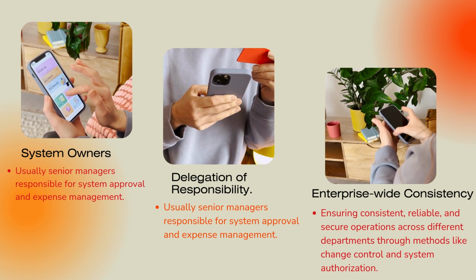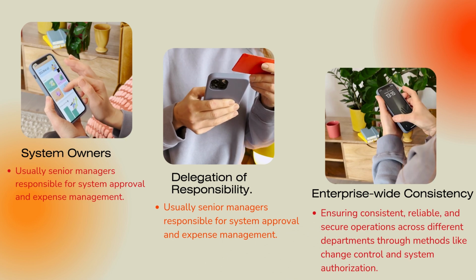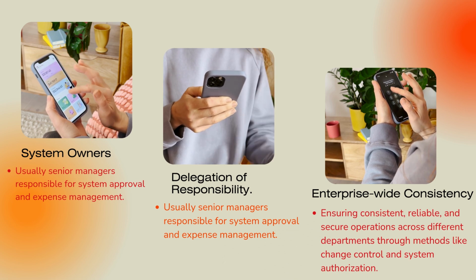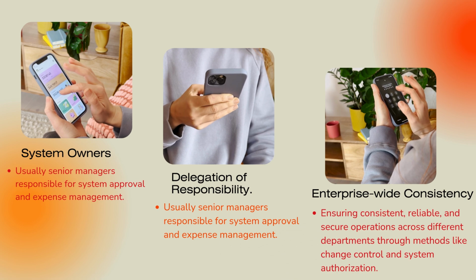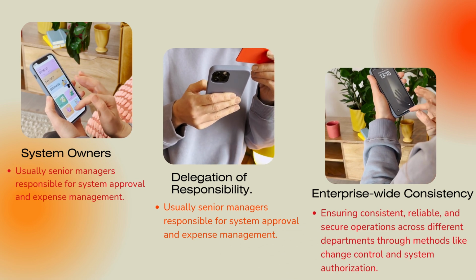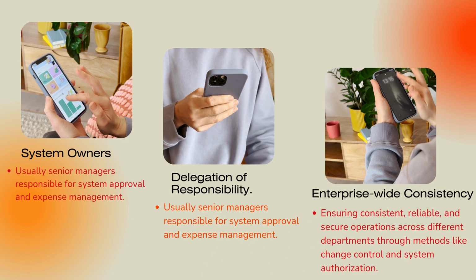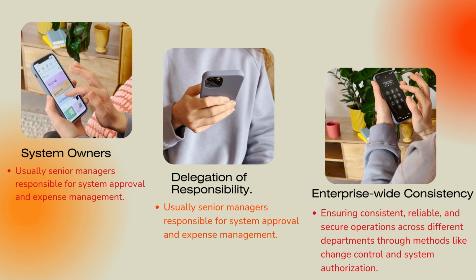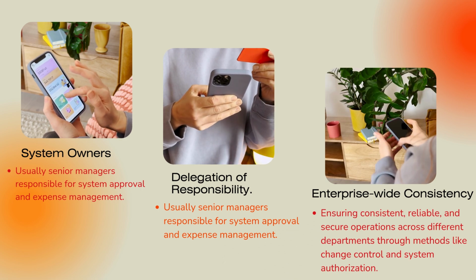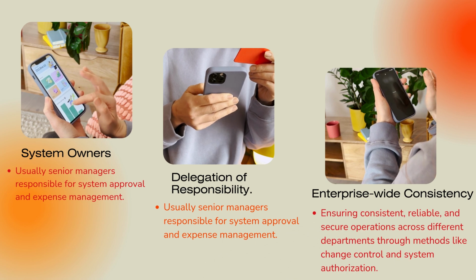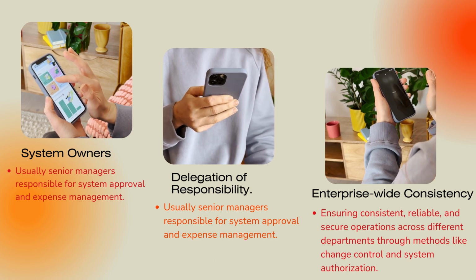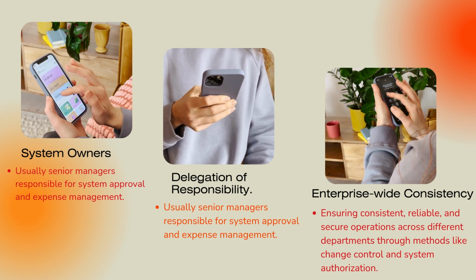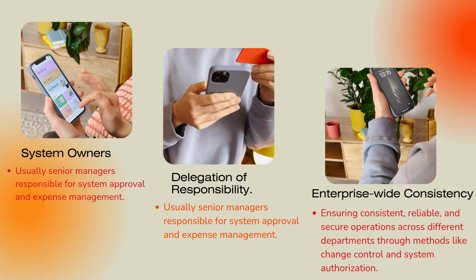Why is this important? If system owners ignore their responsibility, big issues can arise. For example, in 2023, a major hospital in the US suffered a ransomware attack because system security was weak. The IT team managed daily operations, but senior management failed to approve security upgrades on time. As a result, patient data was locked and hospital services were disrupted. Had they taken system ownership seriously, the attack could have been prevented. So, whether it's a hospital, a bank, or a corporate office, system ownership is key to security.